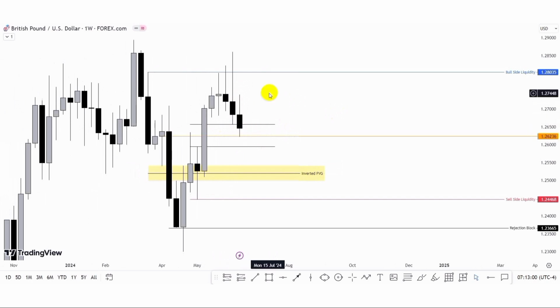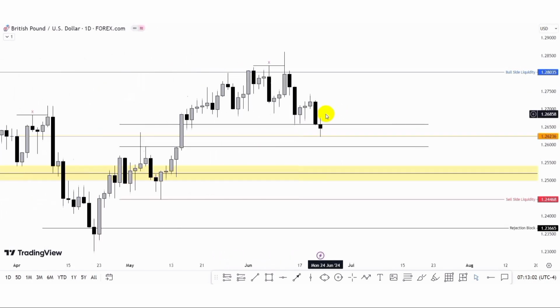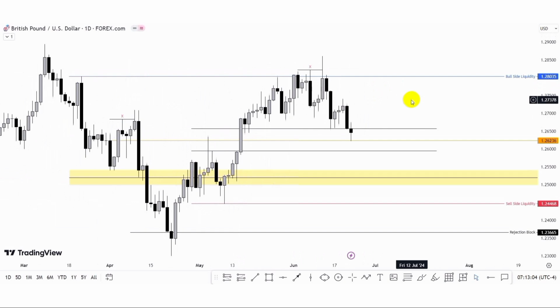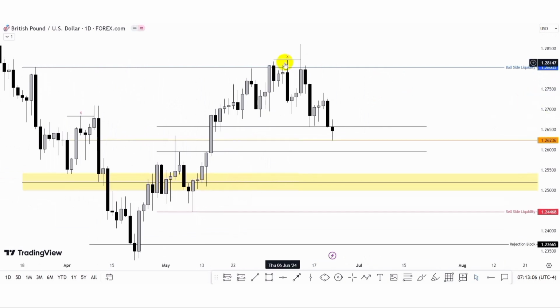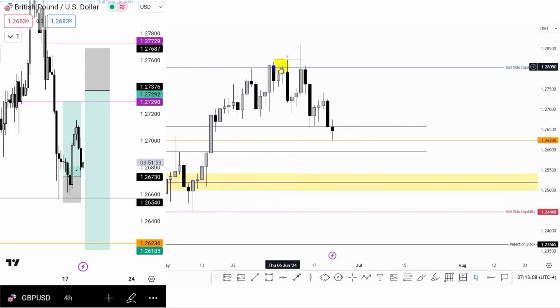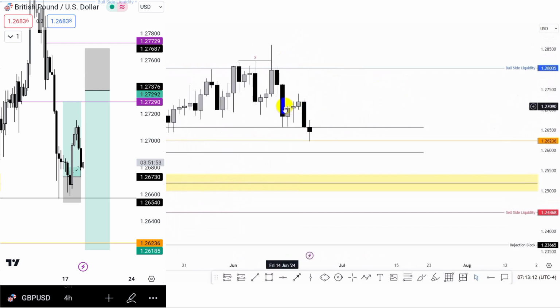So let's drop to the daily time frame. Now here in the daily time frame, you can see we saw this particular sweep of this high points here, and then price fell to the downside. Price left this inefficiency here. So we anticipated to see the reaction of price to the upside to come fill up this fair value gap